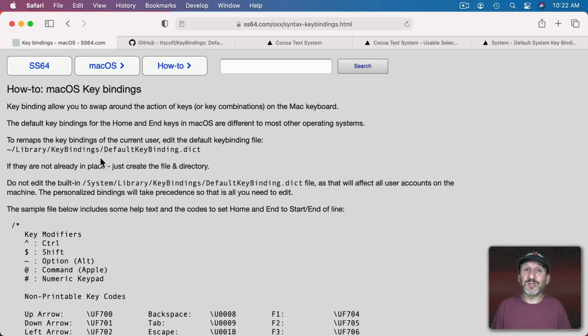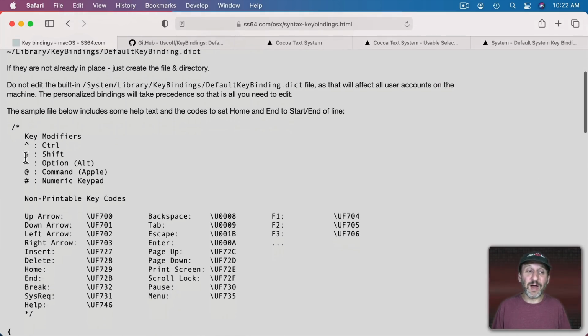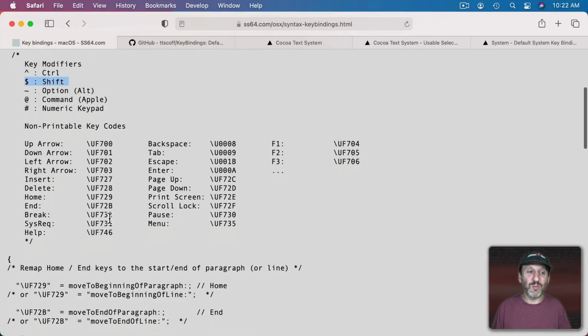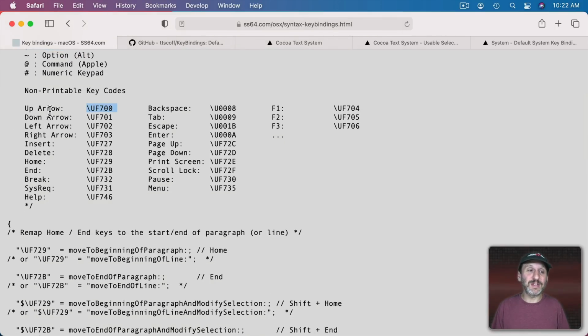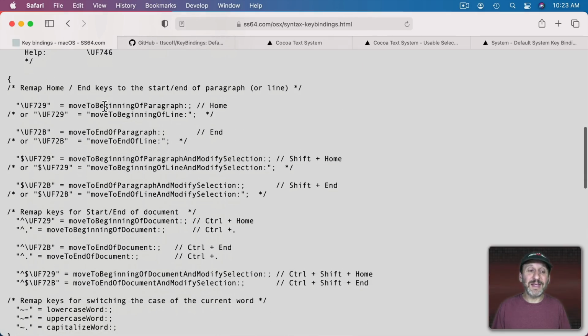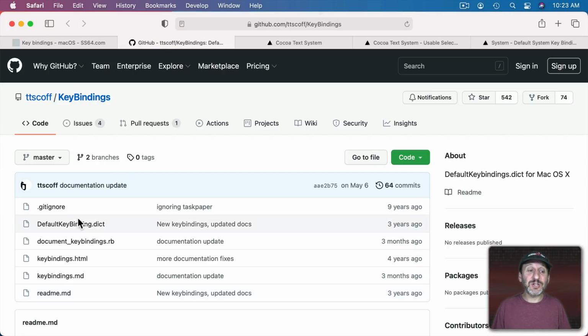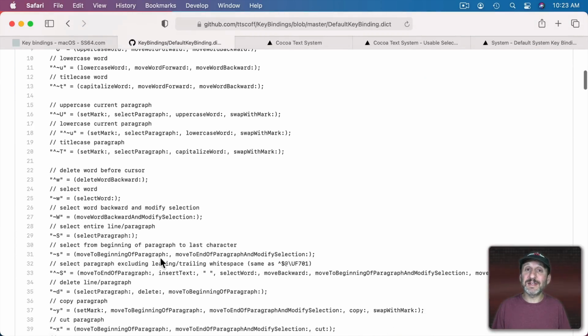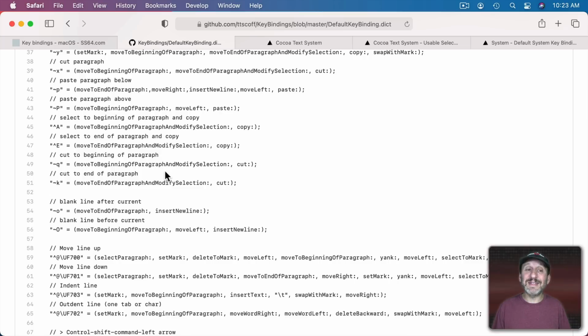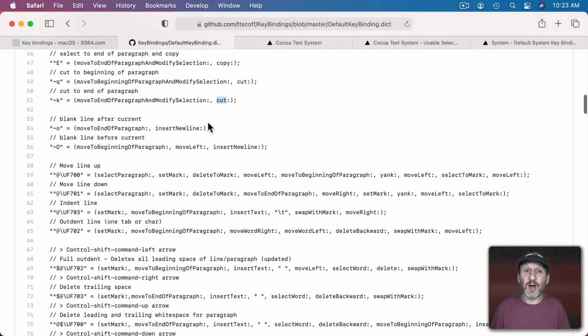So for instance, here somebody posted some useful information that includes the modifiers, although note that I find the $shift doesn't work. Here are some key codes for things like arrow keys and the home key and things like that. So you can use those in key bindings and some examples of how to use those. Here's someone that actually created a default keybinding.dict file that has a lot of useful things in it, and you can use this to search through it and get ideas for other commands that are available, like that one or this one or cut and copy, all of those. So looking through other people's key bindings that they've posted can help you find commands.